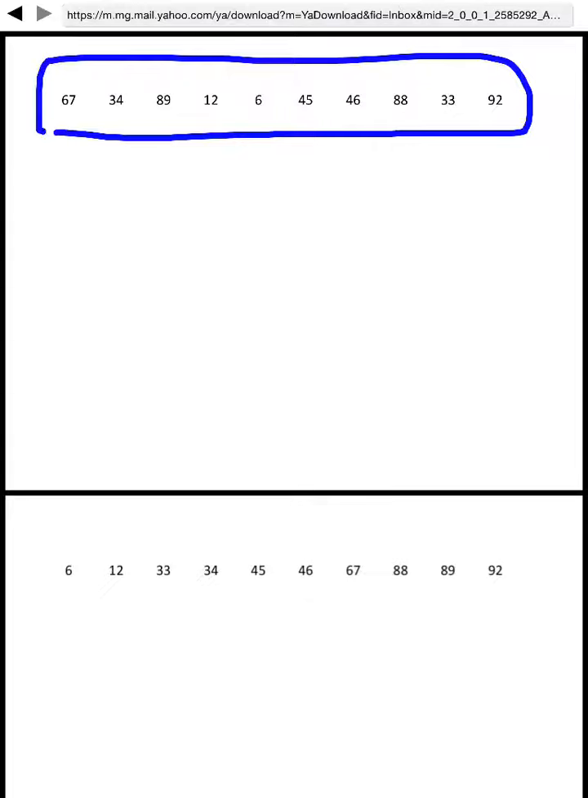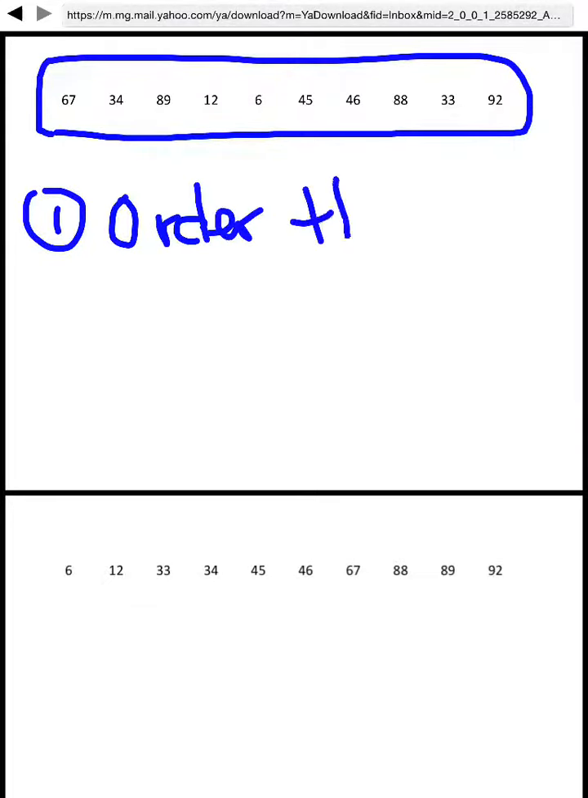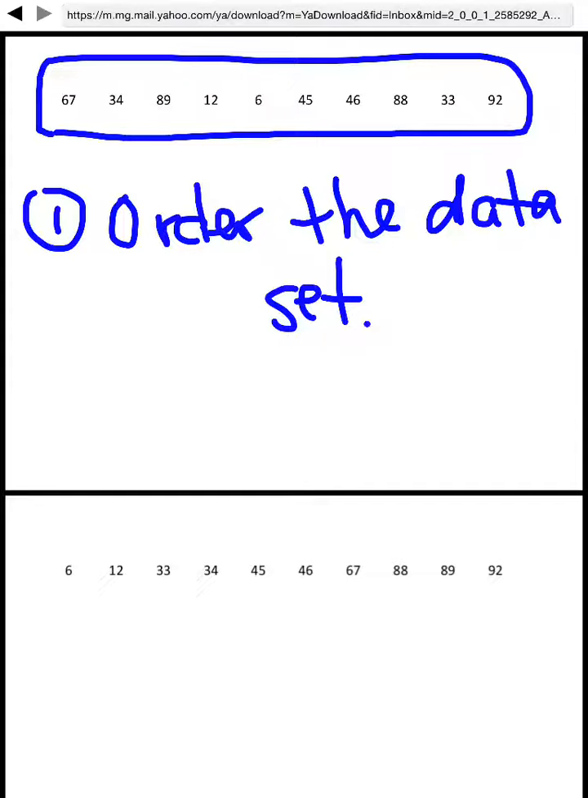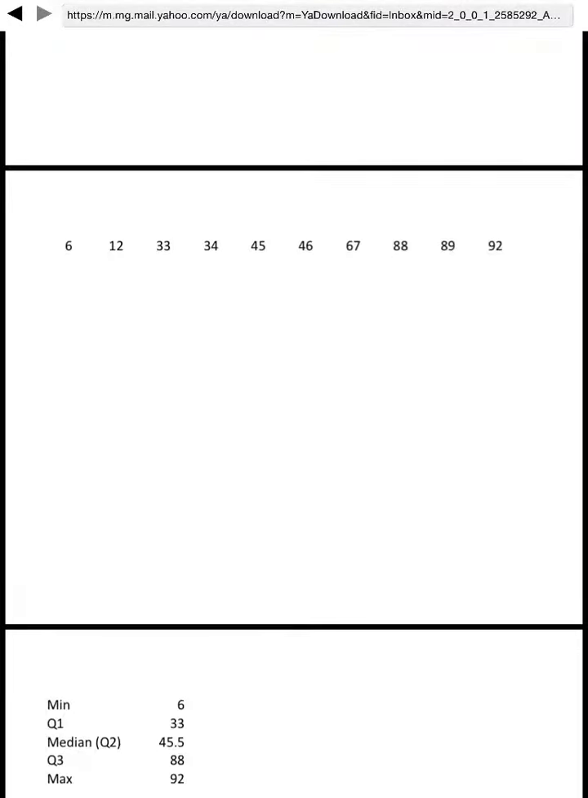In this video, we are going to learn how to create a box plot. We are going to use this data set. This is a data set of 10 numbers, and the first thing we want to do is to order the data set. We are going to order the data set from least to greatest. Okay. After we have ordered the data set, which I've done for us here, we are then going to find